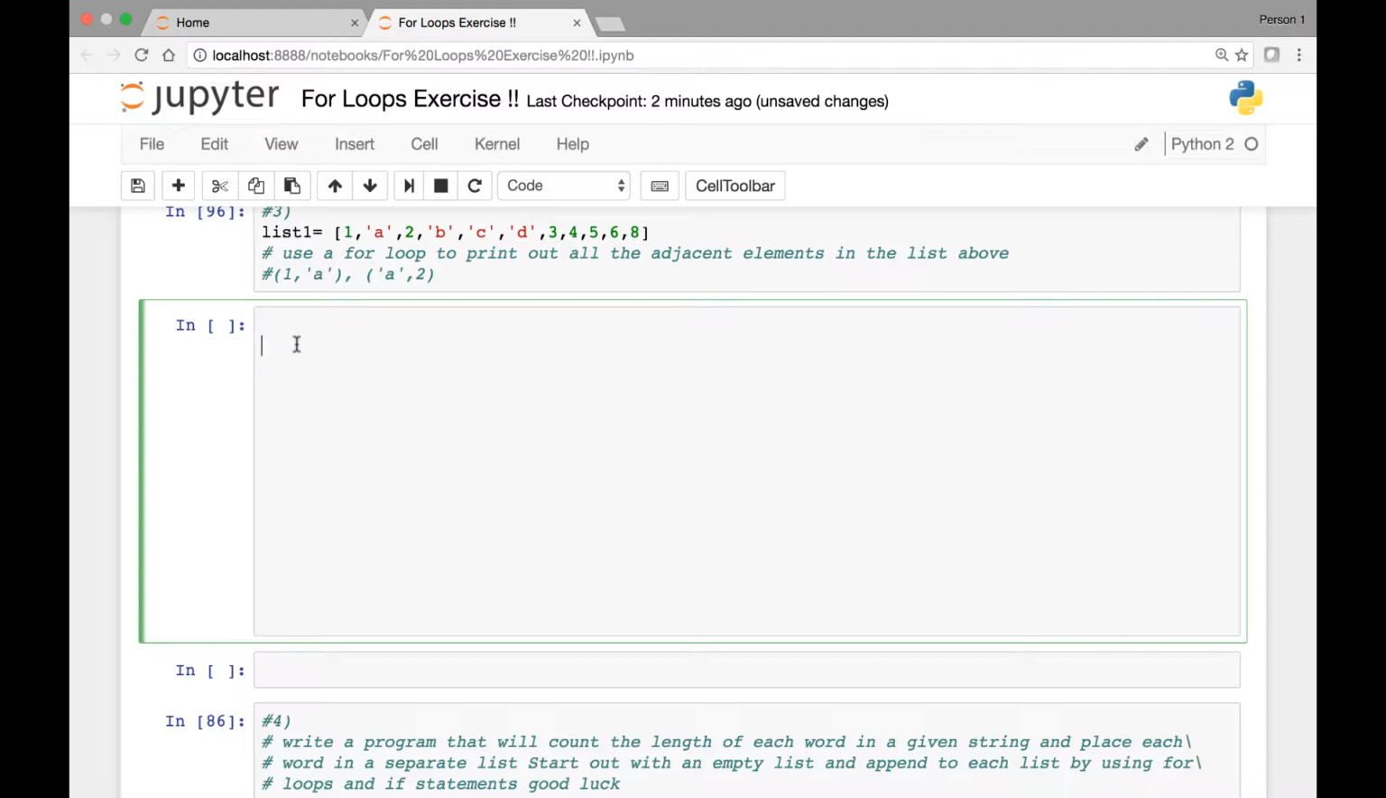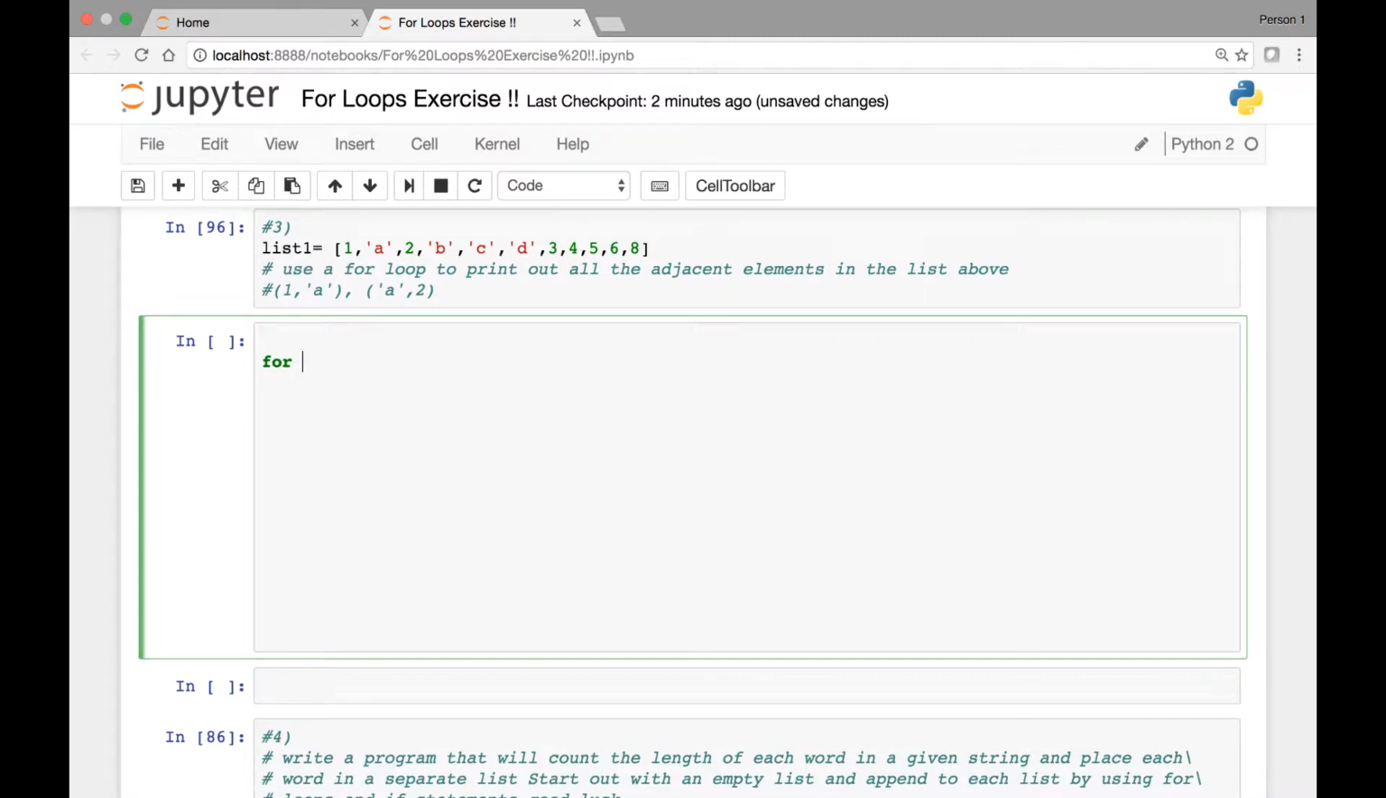So we can say for, let's say, X in range 1 to length of our list. So X is an element in our list. For X in range 1 to length of this list,